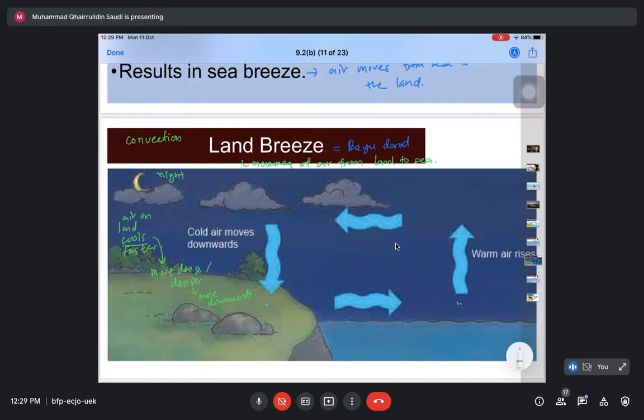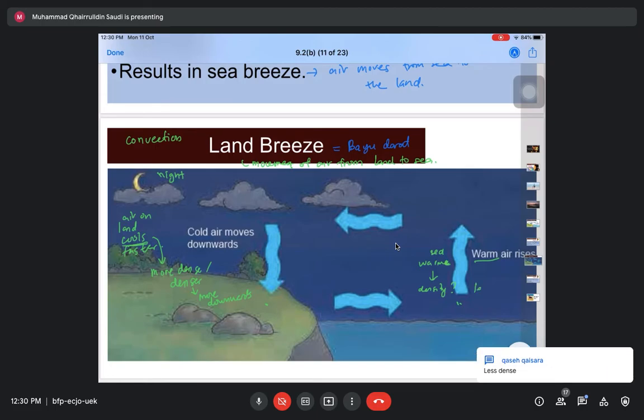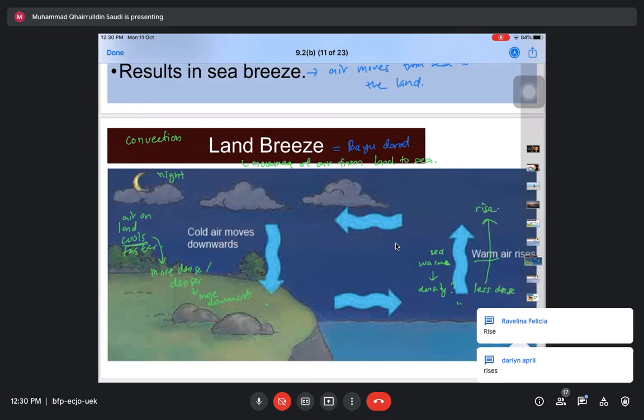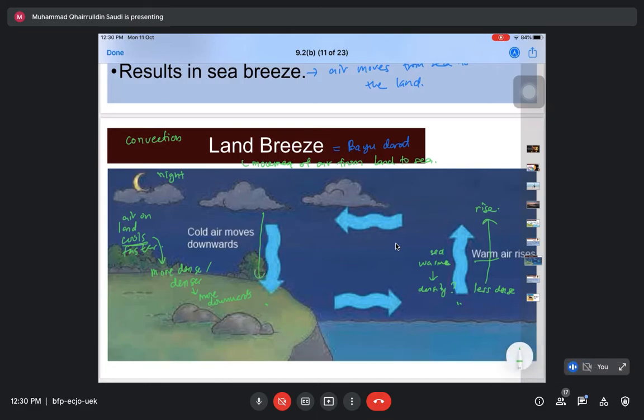Because the air on the land cools faster, the air on the sea cools. Dia lebih lambat menyejuk, so it becomes warm. Okay, so air on the sea jadi warm. So bila dia warm, what happened to the density? Good, it will become less dense. So when it is less dense, they will rise. Good. So, bila ada angin yang sejuk turun ke bawah, angin yang panas naik ke atas, they will exchange